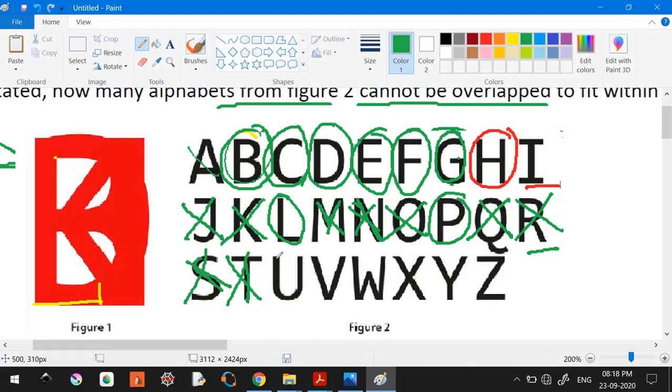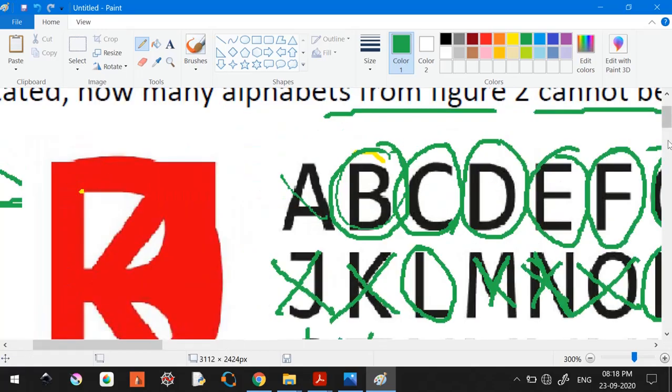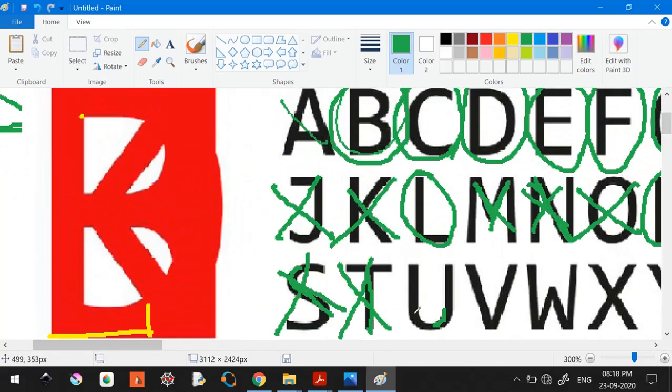Okay, U needs this one bend here as well as one bend here. Let me zoom in if you want. U needs this bend and this bend, right? Here one bend is possible, but here it's a straight turn. Bend is not available, right? Something like this. So yes, we cannot do this.